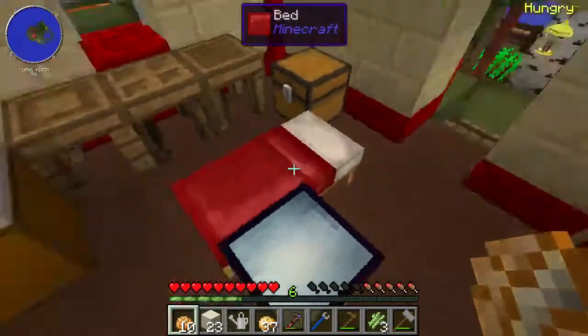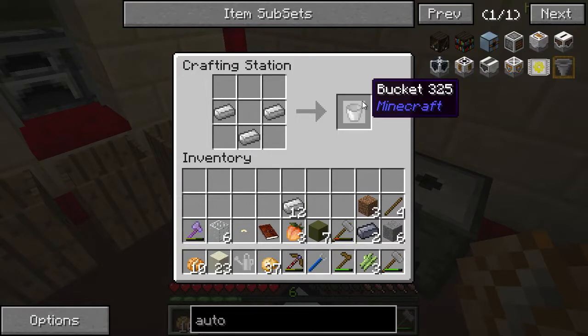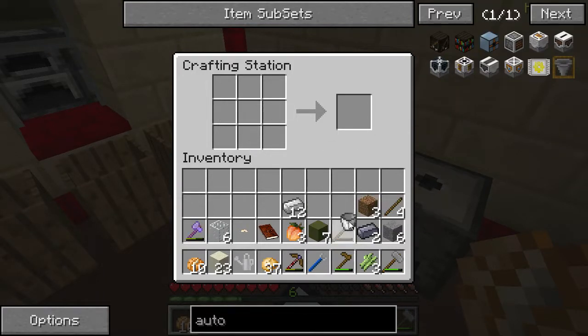But yeah, you know what? Let me make a... See, I always forget where my crafting table is. Let me make a metal bucket here. Super cool. So this metal bucket...